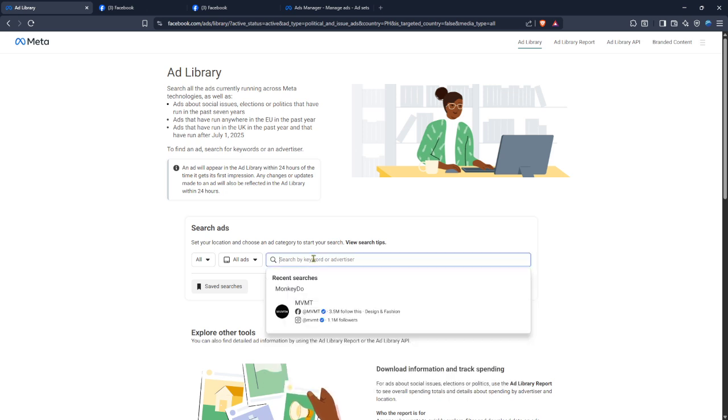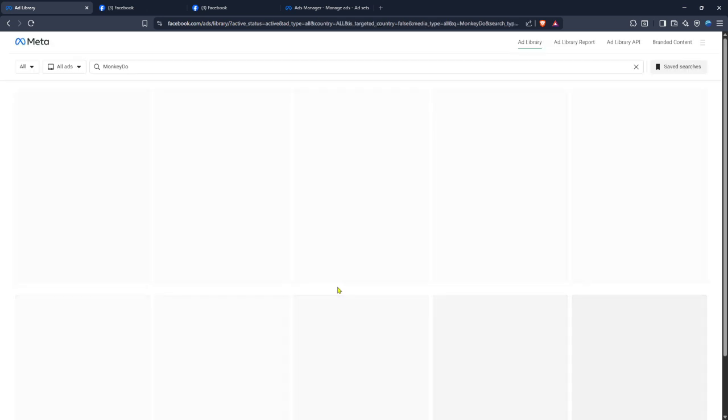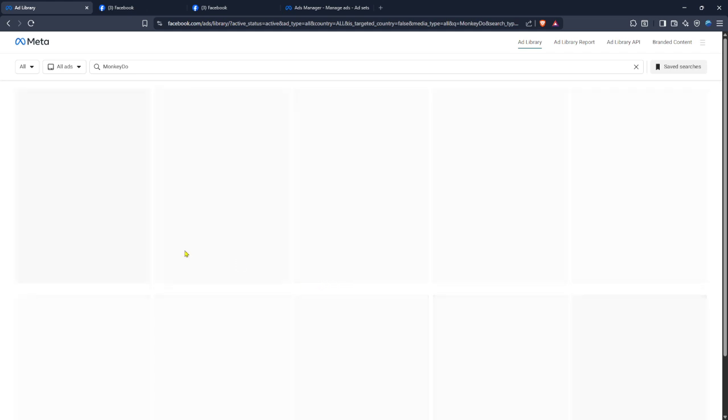Now use the search bar to type your competitor's brand name. If you sell pet accessories, for example, search a well-known brand in that niche. You can also try product names or common variations of the brand if you're not seeing much. The goal is to surface active and recent ads from businesses similar to yours so you can analyze their angles